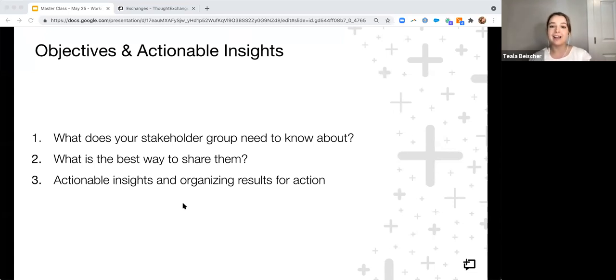and to have a really actionable outcome? And so as you're working with the results and as we're going through the tools today, I want you to consider this exchange that you're focusing on or that you're here to learn about, and also future exchanges. What are your plans to use the results? So, say I'm running an organization-wide staff exchange about engagement. I need to use the results with my people team to review them and to think about programming. And then I also need to share the results back with my stakeholders, so with my staff at the end of the day, so that we're closing the loop with them